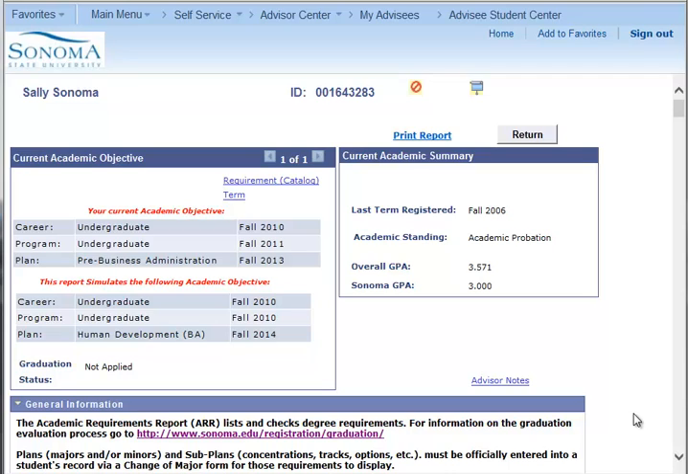But in order to calculate when you might achieve a 2.5 GPA, you need to locate your current cumulative GPA. You can find it on your What If report or on your academic requirements report, but make sure you're checking your overall GPA, not just your Sonoma GPA. Next, you need to locate the number of units you have taken. On your report,